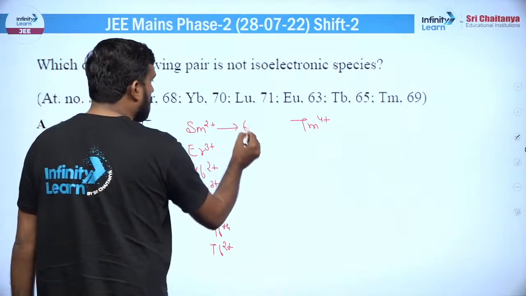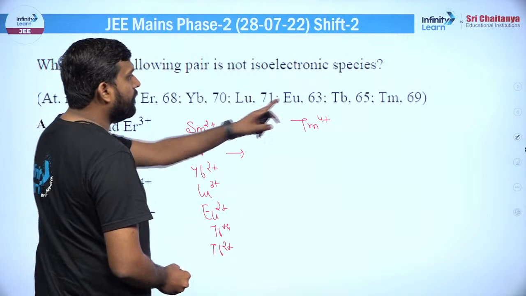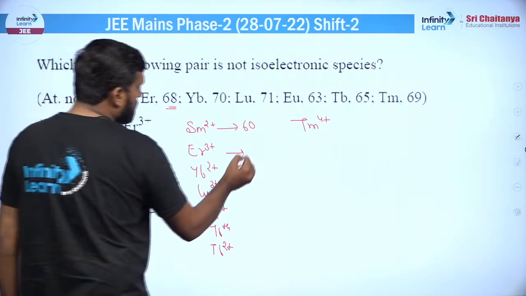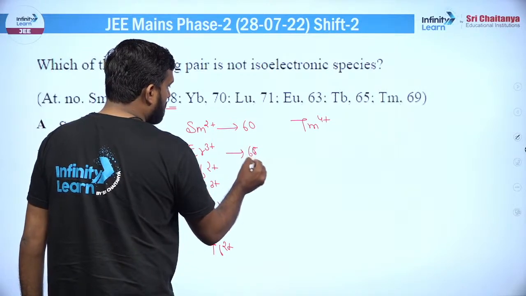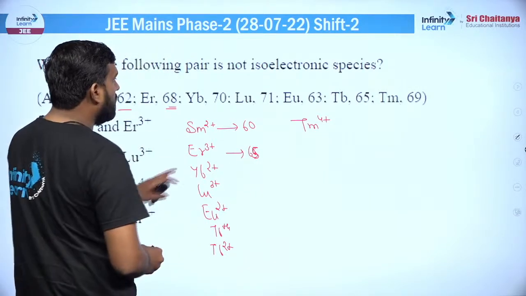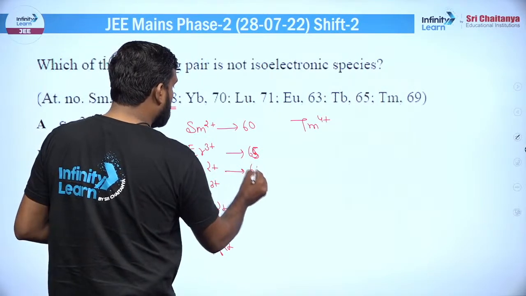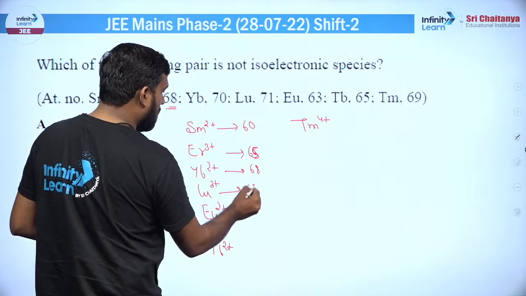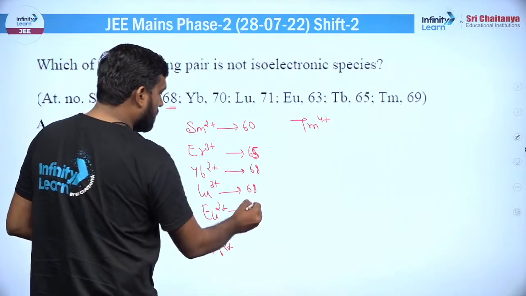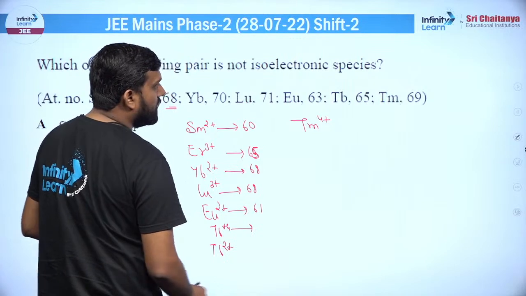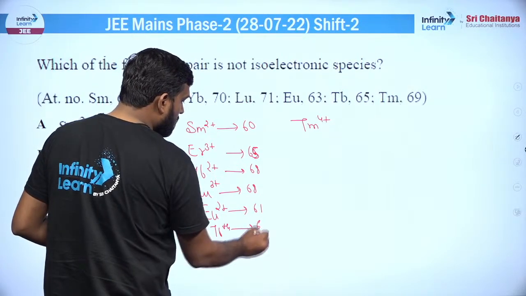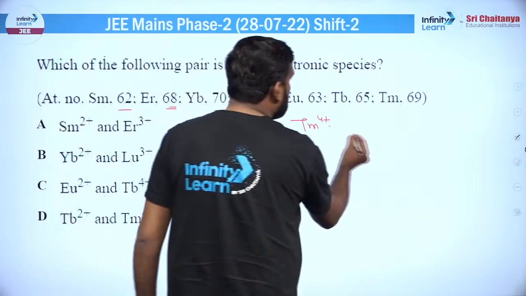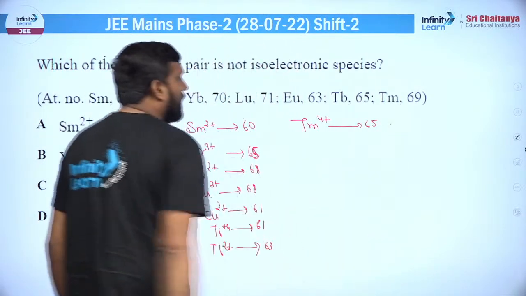तो बेसिकली क्या करते हैं, नंबर ऑफ इलेक्ट्रॉन निकालते हैं। तो इसमें 62 थे तो 2 निकाल दिए, 60 बचे, ठीक है। Er3+ में कितने थे, Er इसमें दिया नहीं है, अच्छा दिया हुआ 68 था, 68 से 3 निकाल दिया, 65 बचे, ठीक है। Yb में 70 था, 2 निकाल दिया, 68 बचा। Lu3+ में भी 68 ही बचा। Eu2+ में कितना बचा बेटा, 61 बचा, ठीक है। Tb कितना है, 65 है, 4 निकाल दिया तो 61 बचे। Tb2+ में 63 बचा और Tm वाले में 4 निकाल दिया तो 65 बचे।